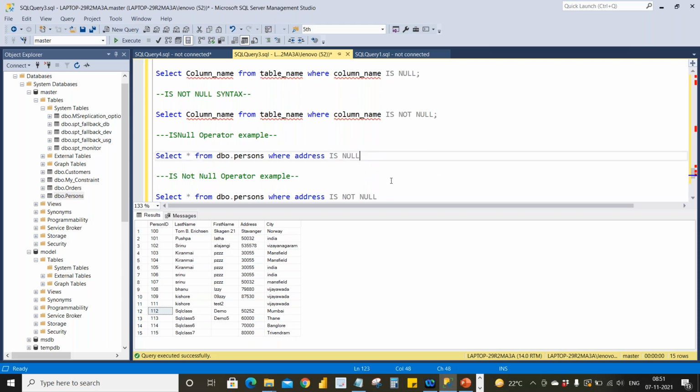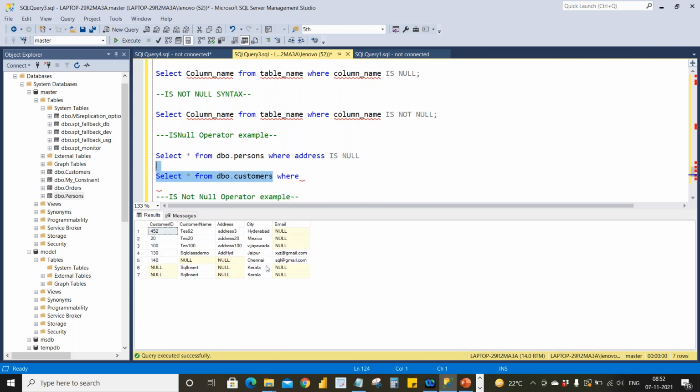And similarly, we'll try with the customers table. I know in the email column we have null values, right? And in the customer name we have, and in the address also we have. Let's see.